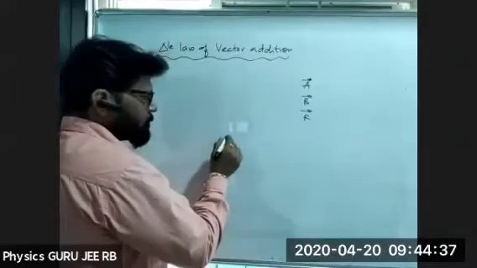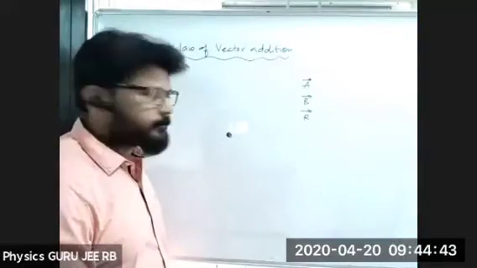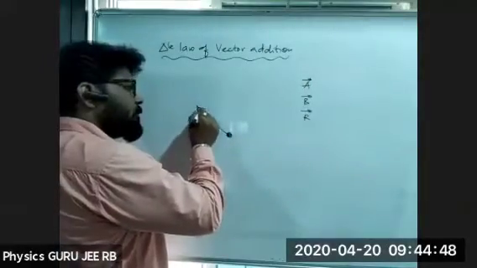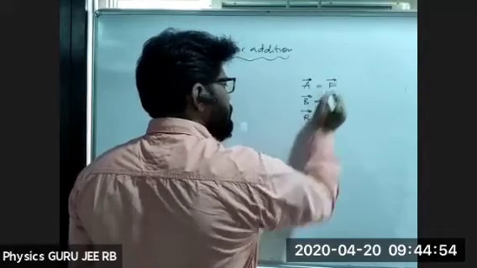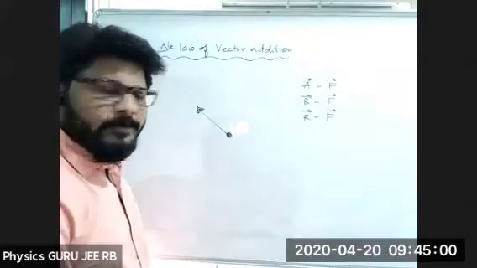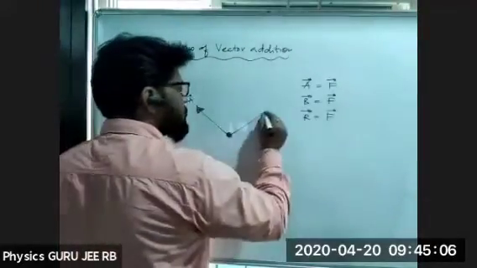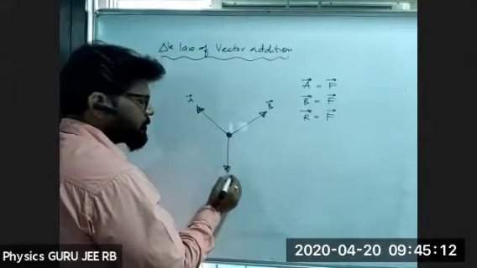So vector A, let me take a point object. On this point object, vector A, let me take them all as forces. To understand in a better way, I'm taking it as F, forces. All are forces. Forces may be of equal or unequal magnitudes. Now here A vector, one more vector is B, one more vector is R. Like this they are acting, right?